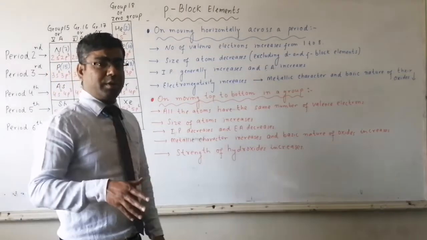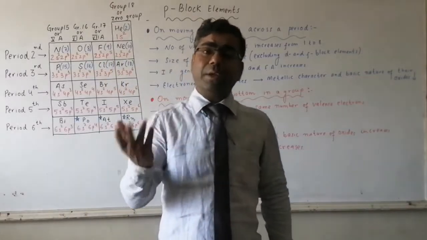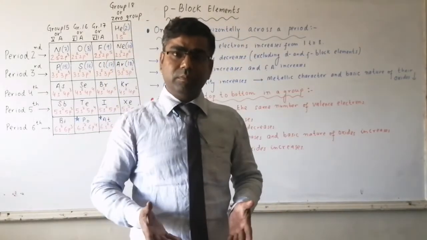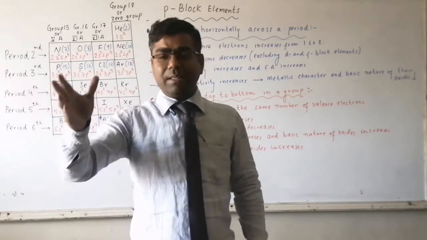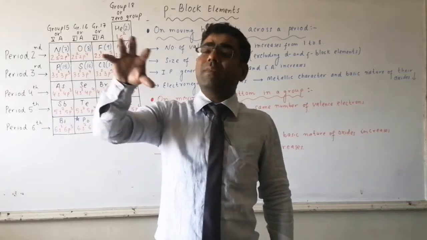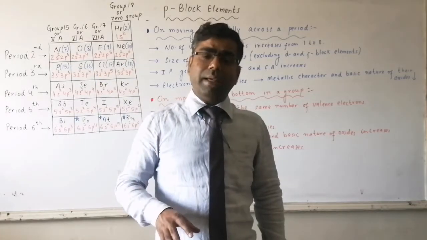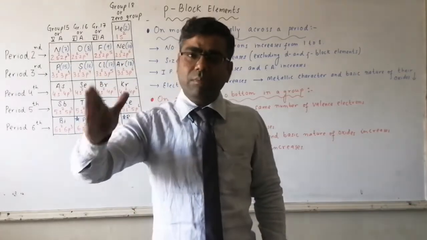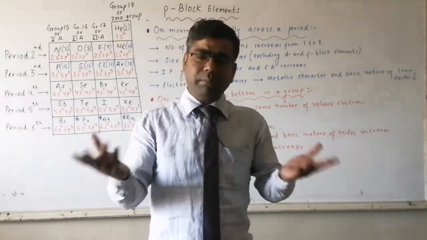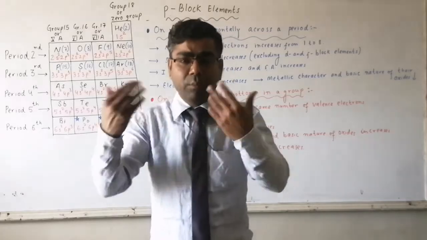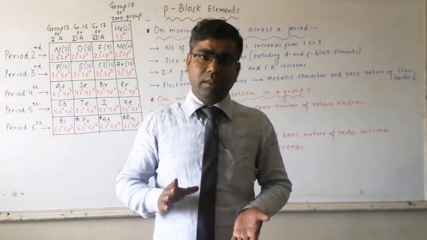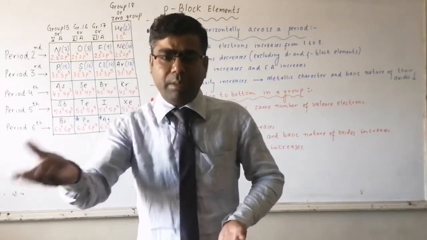IP, ionization potential, is the energy required to remove the electron. As we are moving from top to bottom, atomic size increases, the valence electron goes away from the nucleus, so there will be less force of attraction over the valence electron. As the force is less, the electron can be removed easily, so IP decreases. IP and EA both are the same. If an electron can be removed, it cannot be added. If an electron cannot be removed, it can be added easily.